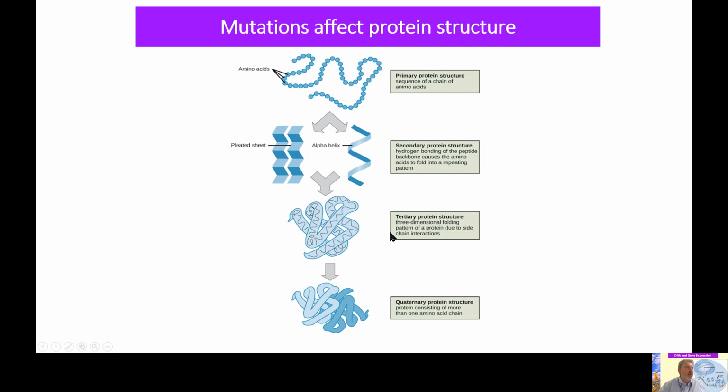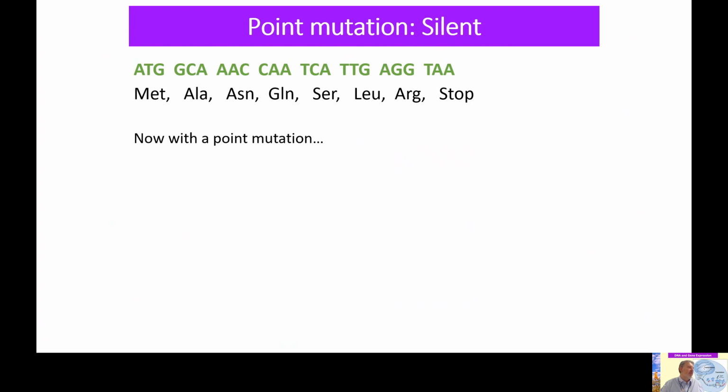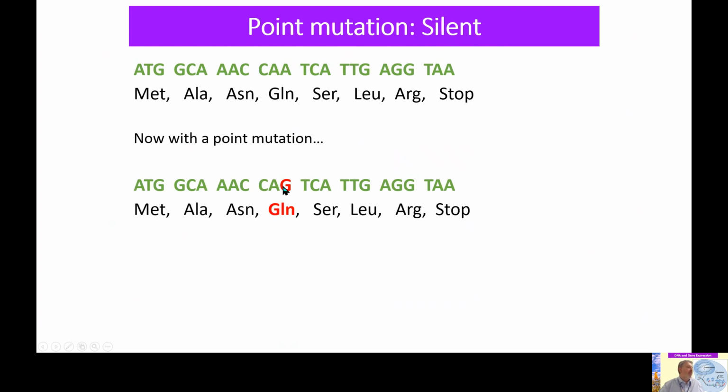Okay. So, a point mutation is often silent. For instance, here we've got a sequence which produces the protein, the amino acid sequence: methionine, alanine, asparagine, glutamine, serine, leucine, arginine, and then a stop codon which stops it. Now, with a point mutation, say we get that A here changing to a G, okay, then instead of getting